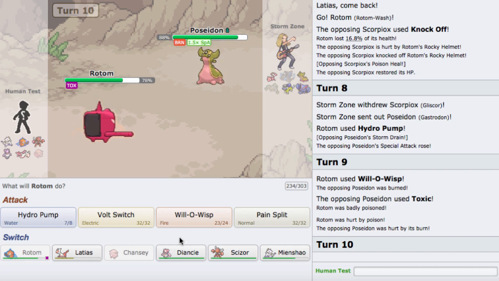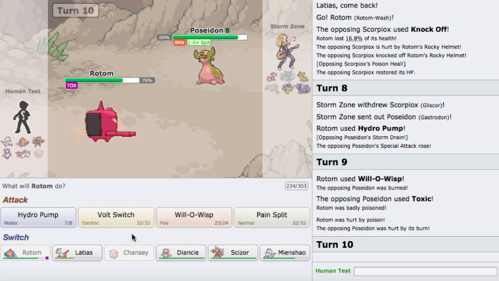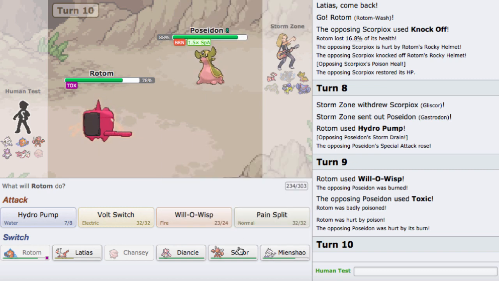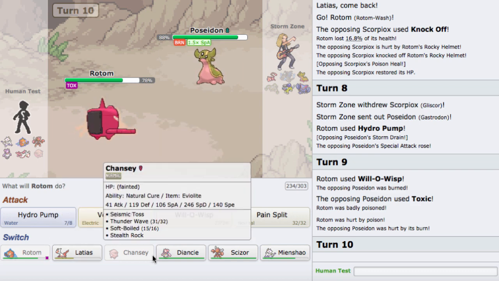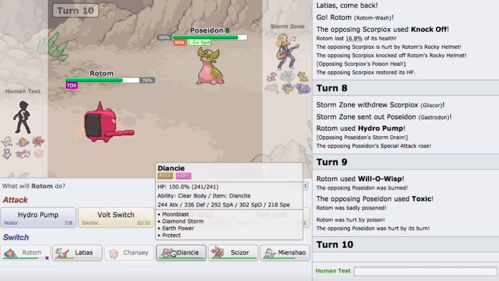Although Gastrodon is kind of a problem for my team. Let's see, it could be annoying. What do I not need on my team? I do need Mien-Shao just to kill this thing. Scizor also kind of kills this thing as well. I definitely need Rotom. I need Dynasty to Healing Wish my Rotom so that I don't get poisoned again once I kill this Gastrodon. So I think I'm just going to...